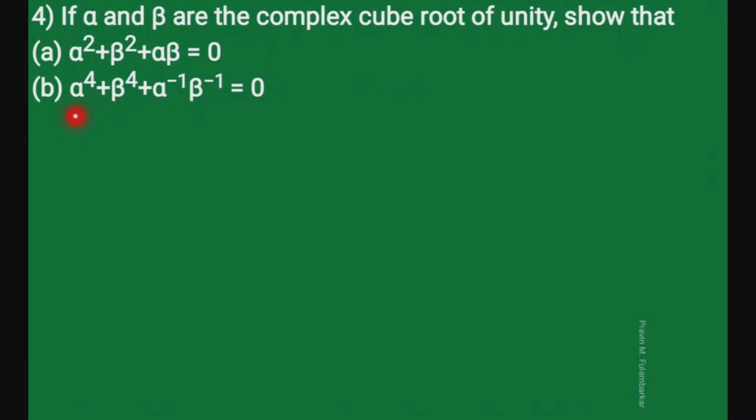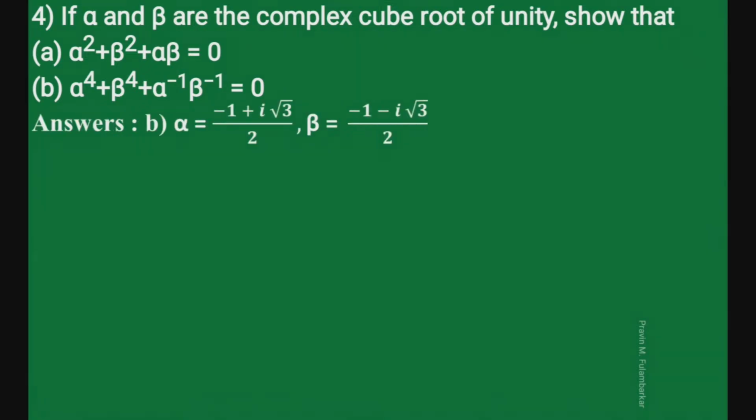Now in this second sub question also, we have to find first alpha plus beta, then alpha into beta. So you have to use the same procedure that we used in sub question 1. So we write here alpha as -1 plus i root 3 by 2, beta as -1 minus i root 3 by 2. So first we add these two. So substitute the value of alpha, substitute the value of beta.